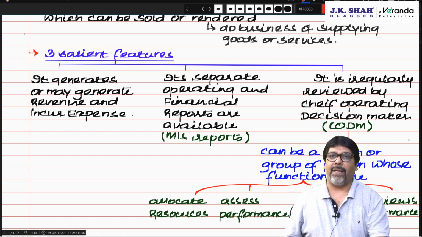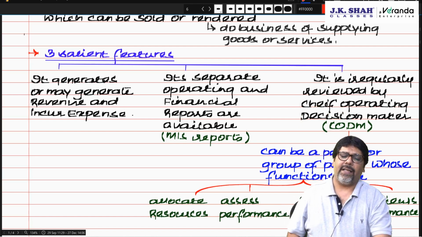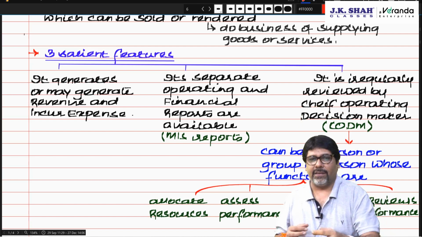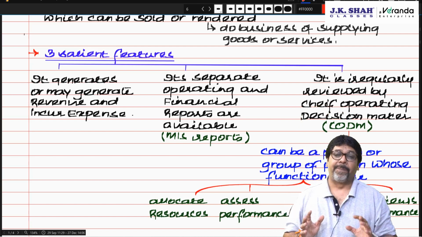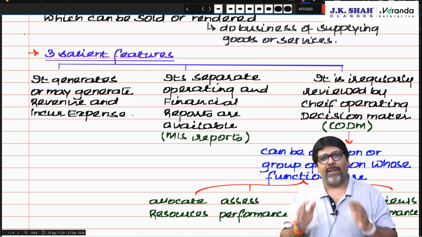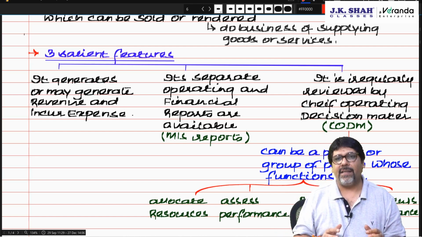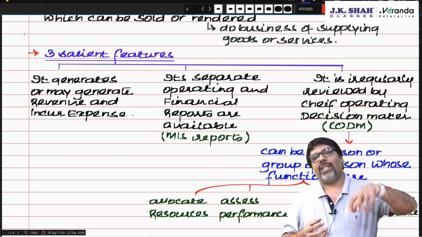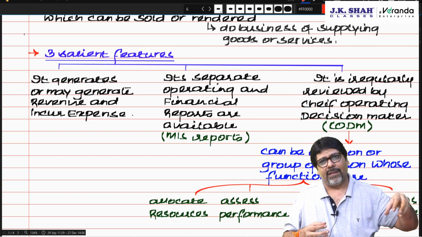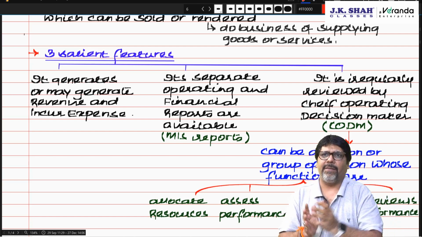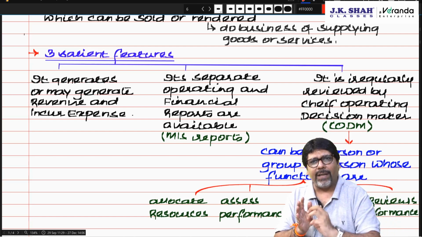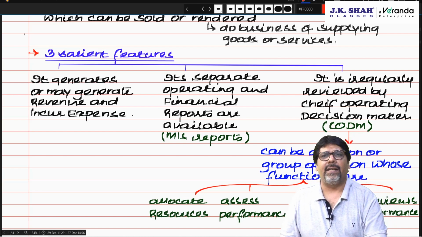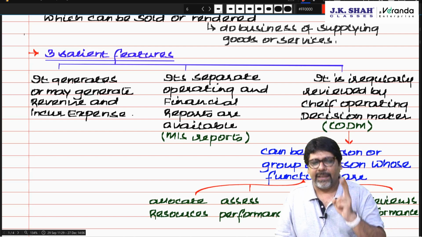Who is this chief operating decision maker? Now, this chief operating decision maker takes the responsibility of allocating the organization's resources, that is, what budget should be sanctioned. If a department needs to spend money on its assets and expenses, where will they get the money from? The organization. But the organization has to fund all the separate lines of business. So there is a head of that department who takes the responsibility of allocating resources to that particular segment. He is known as the Chief Operating Decision Maker, CODM. Am I clear?